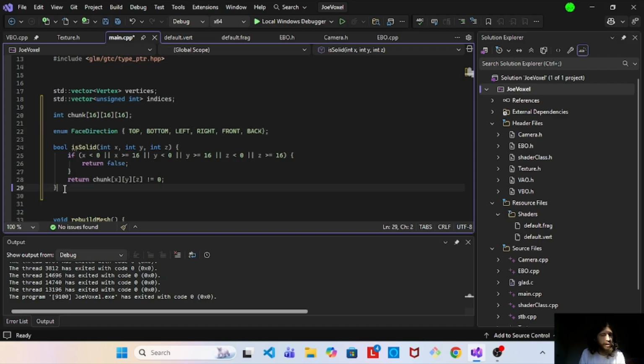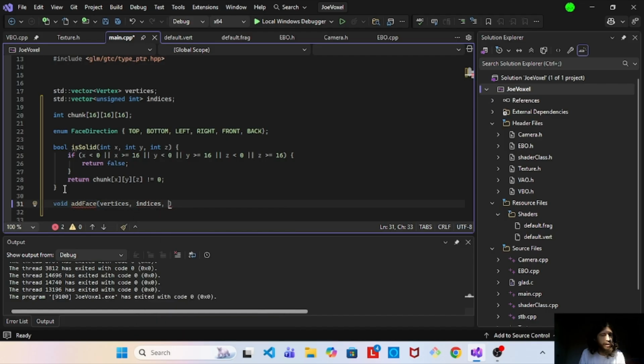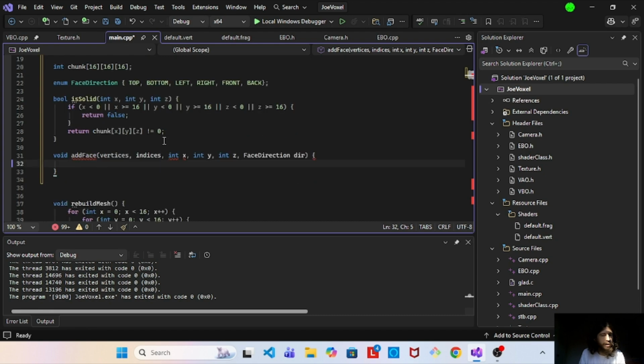Okay, and then last but not least, we'll do a void add face. Vertices, indices, int x, int y, int z, face direction, dirt. Cool. And we may need this somewhere else because